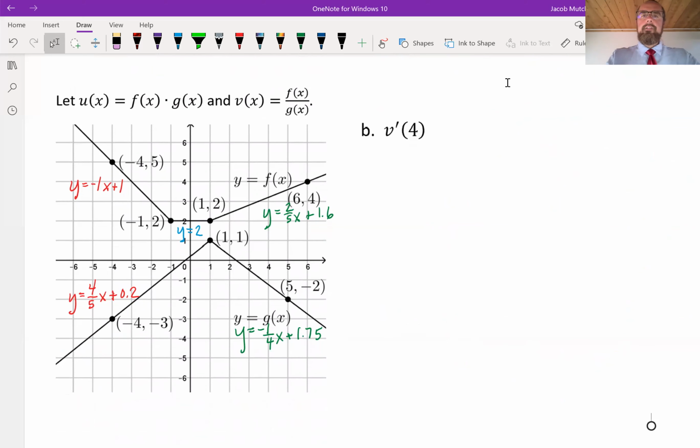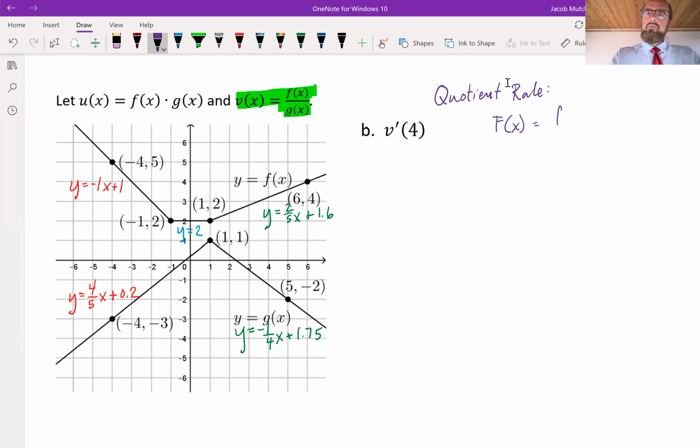We want to now calculate the derivative of v at positive 4. So I'm going to highlight the v function. That's this f of x over g of x. So if we think, what rule does that imply? Well, that's the quotient rule. So let's remember what quotient rule says. If I've got big f of x as the quotient of small f of x over small g of x, then the derivative of big f of x is this rule. So it's going to be g of x